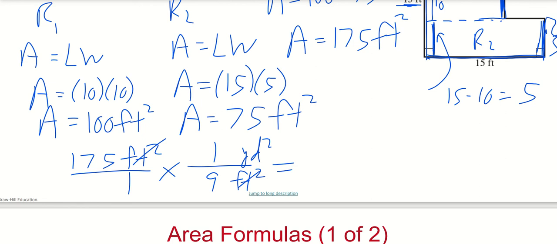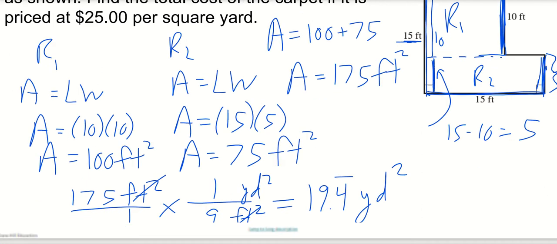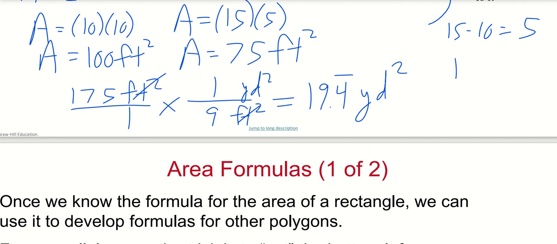So we end up taking 175, dividing it by 9, which is going to give us 19.4 repeating square yards. I don't want to round this quite yet because we have one more step. We now need to multiply by 25 because it's $25 per square yard. So if I take that 19.4 and I multiply it by $25 per square yard,